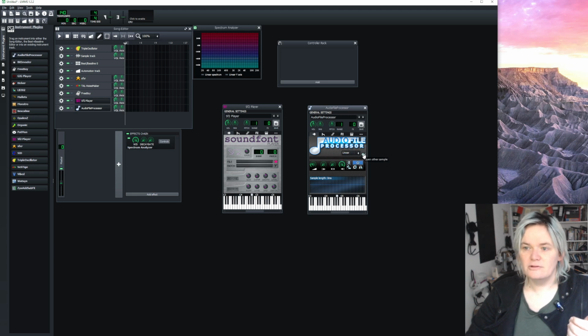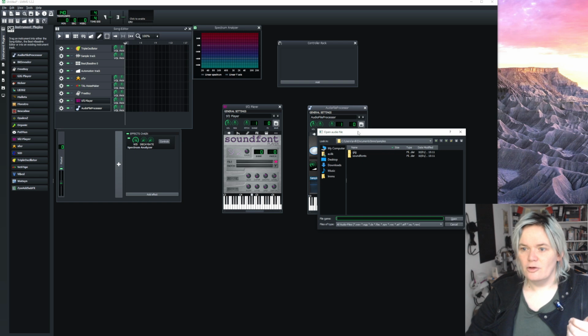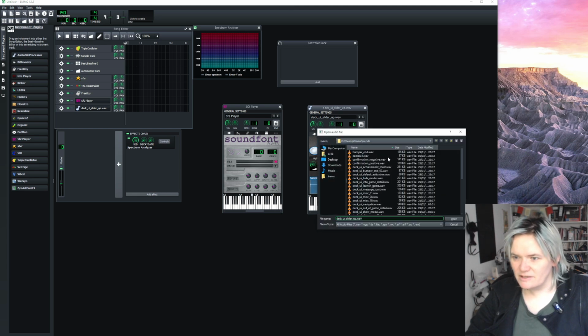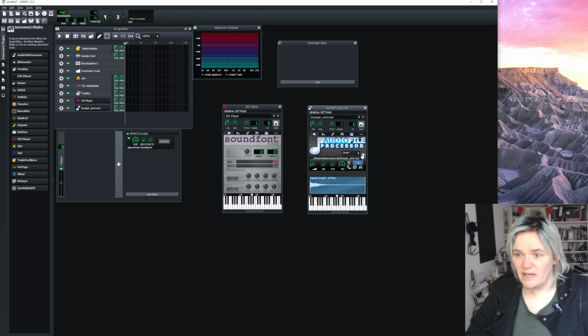Are you not going to do this thing for me? Open audio file. Okay, let's just copy full name to keyboard. Okay. So now, oh, that's actually a really not great one. Let's find bumper end. Okay. So now you can see